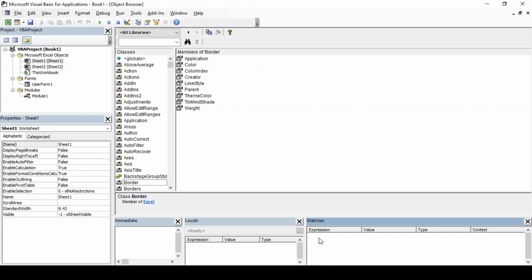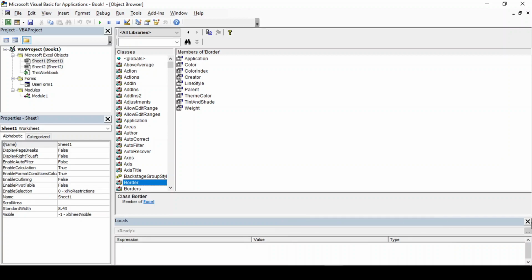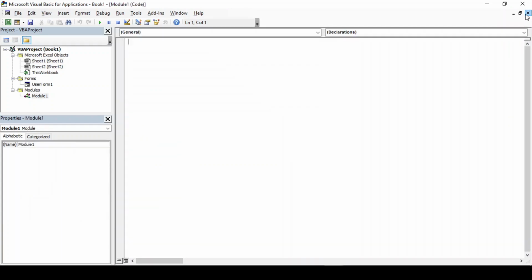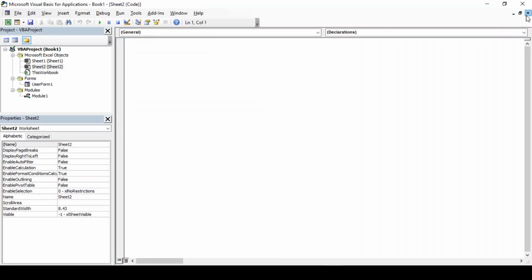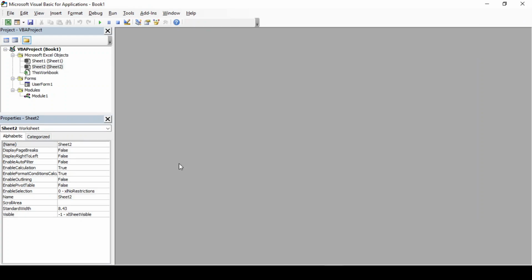The window has four main columns. Under expression column, it shows the watch expression with the watch icon on the left. The next column value shows the value of the expression at the time of transition to break mode. Third column type shows the expression type, and context column shows the context of the watch expression. We can close all the windows just by clicking the close button placed on top right hand side on each window. So I hope you got an idea on menu bar, toolbar, project explorer, modules, user forms, editor pane, properties window, immediate window, object browser, locals window, watch window, and what are the uses of each of them.